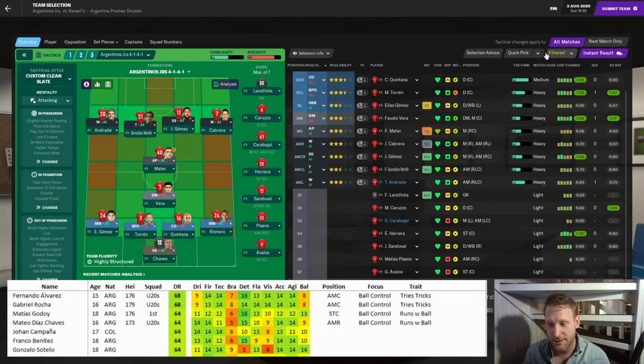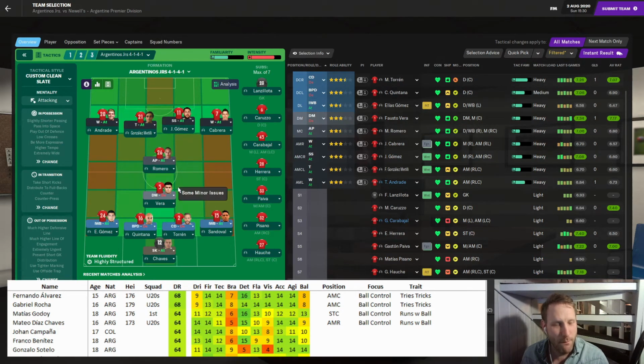It's hard to develop the bravery attribute. It usually becomes a bit higher with age, and the only training regime where you can work on it is the aerial one. And in my experience, it's tough to really work on it, just like with the flair one. And that's why we are going to look for players with a high flair and bravery combination when we scout after this game. Let's do a quick pick here.